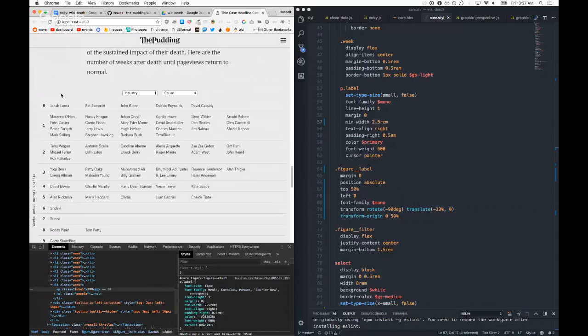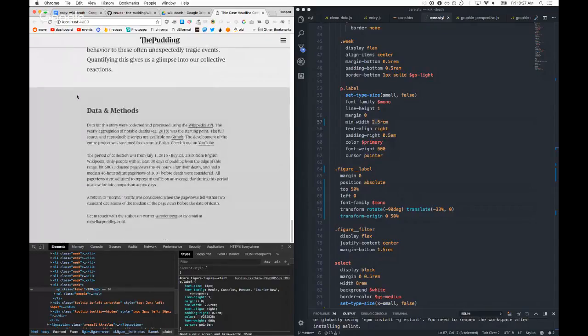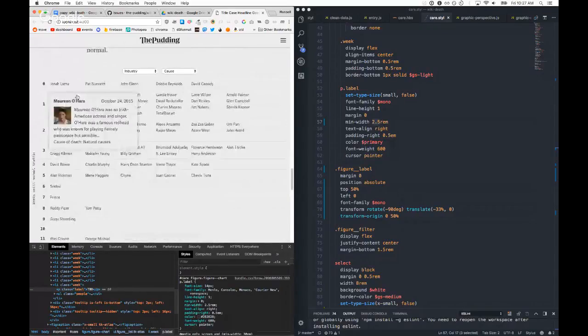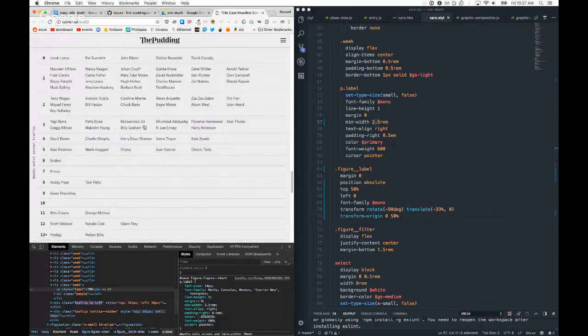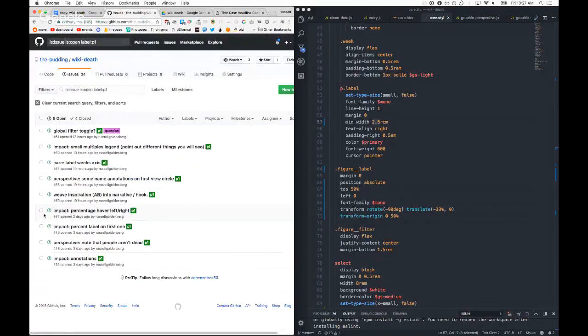The other option is just make an actual headline, right here, weeks until normal traffic. That is the headline right there. It can even be entered down into its own little line, make it more connected. I'm going to leave this for now. I'm going to close the issue because that's serviceable.